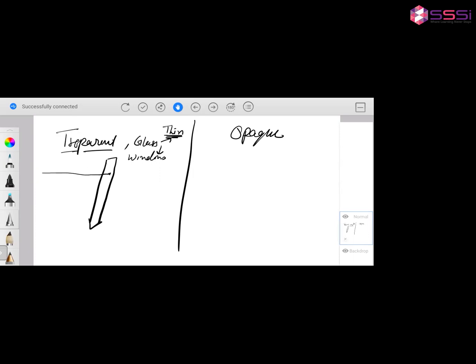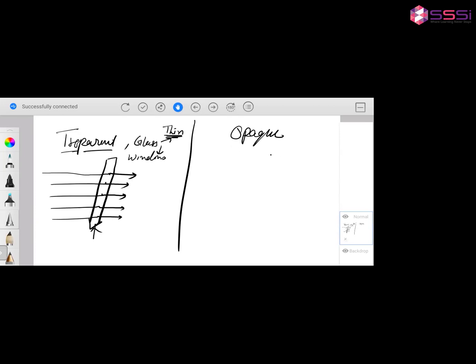When it allows light to pass, we can see through the glass. These are the light rays. They pass completely through it. So this is called transparent, right? Yes.